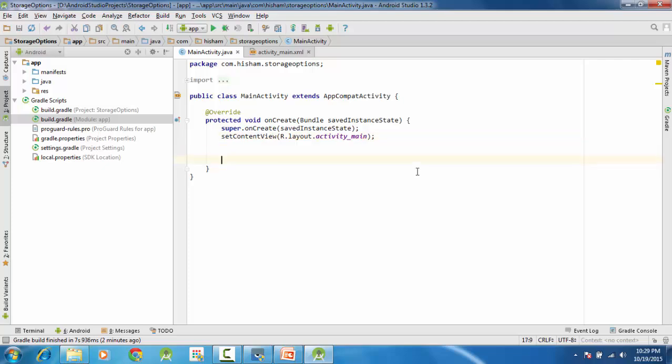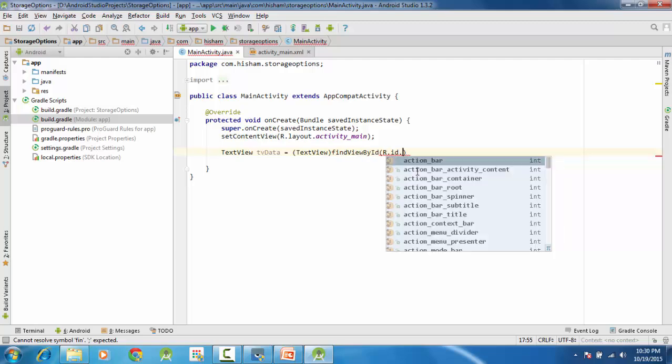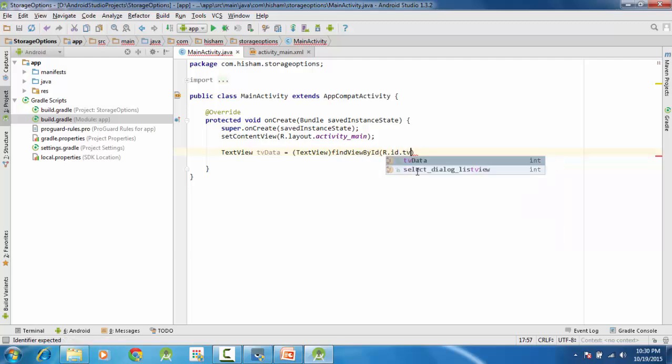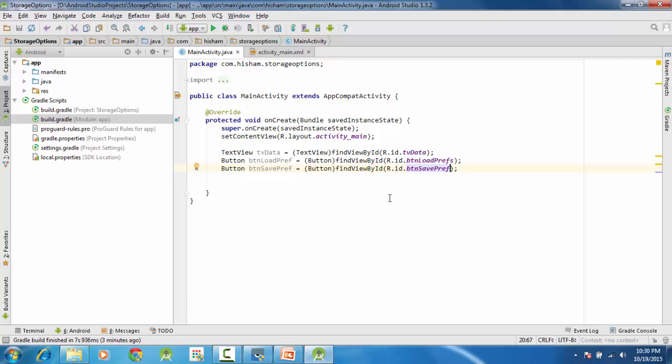And here I have to write the text view tv data, TextView, findViewById, R.id.tv data, and you will do the same for the buttons. Okay, so the buttons are done.